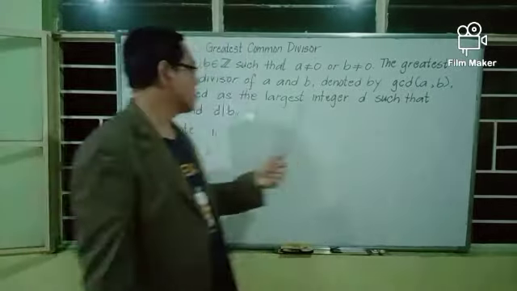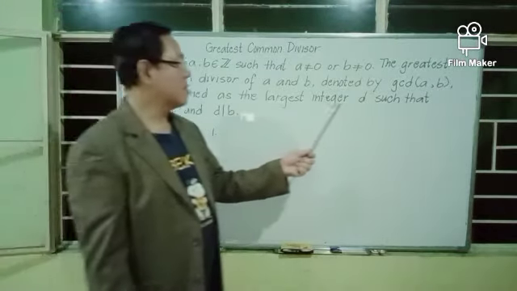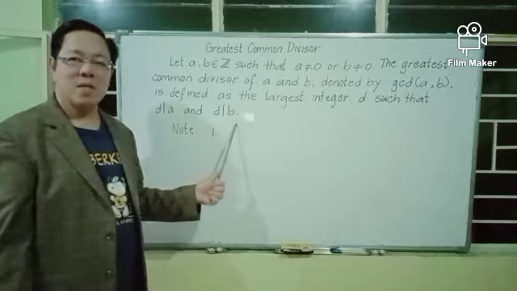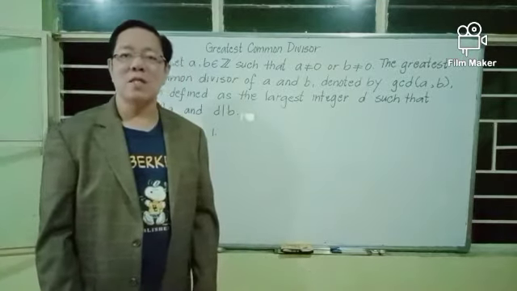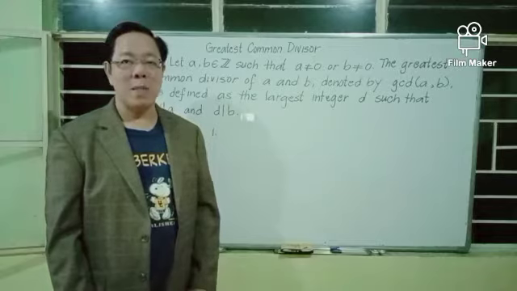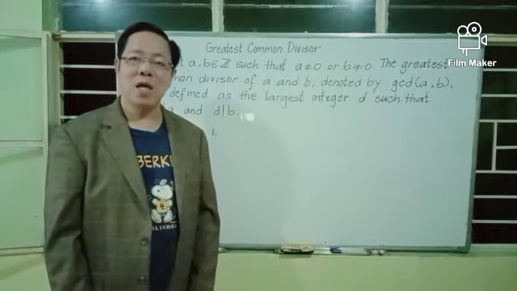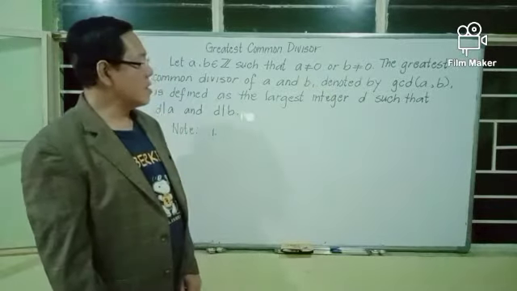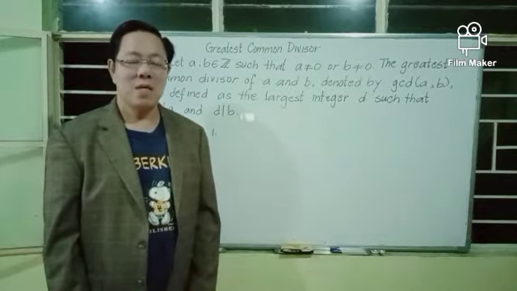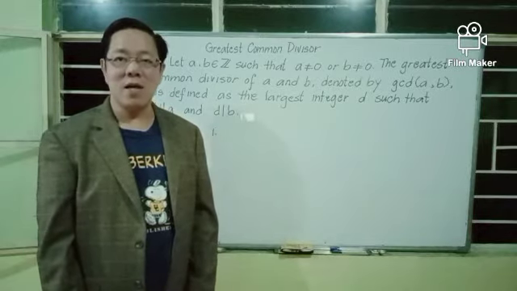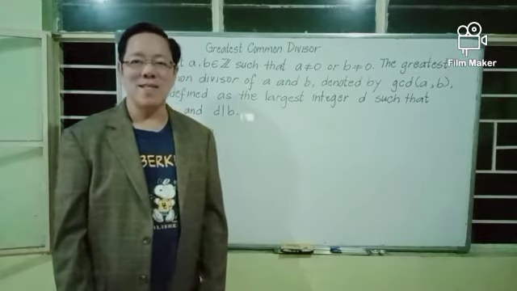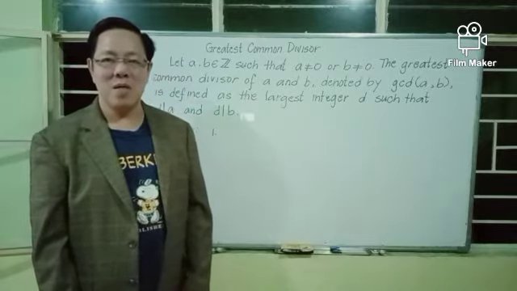Greatest common divisor is defined as the largest integer D such that D divides A and D divides B. Based on this definition, the greatest common divisor of two integers A and B, where A is not equal to 0 or B is not equal to 0, but not both A and B are 0, is an integer, and it is the largest integer that is a factor of both A and B. If D is the largest integer that is a common divisor of A and B, then D is a factor of A, which means that D divides A, and D is also a factor of B, which means that